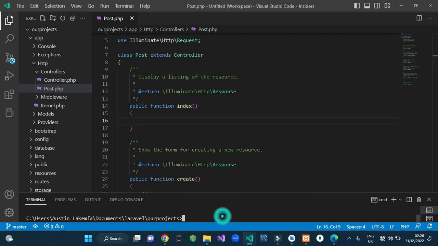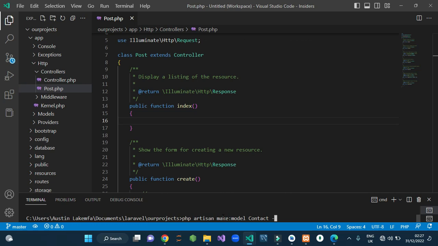Now how do we create our model? We create our model similar to the way we create a controller. So if you want to create your model, you say PHP artisan make, and once you say make, then you say model. Then you give the model a name. Let's say we give the model contact like this, and we will now say